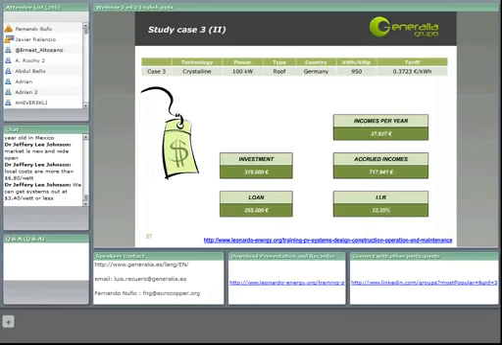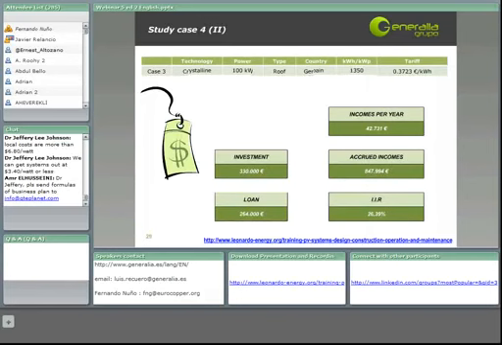Here we have the resume for an installation of 100 kilowatts on a roof in Germany. You can see that the internal rate of return, well, I'm always talking about the internal rate of return because it's the tool that is the most used all over the world to check the profitability of the investment for solar investment. Normally, financial companies will ask you about the internal rate of return. Here we can find an internal rate of return of 22.35,